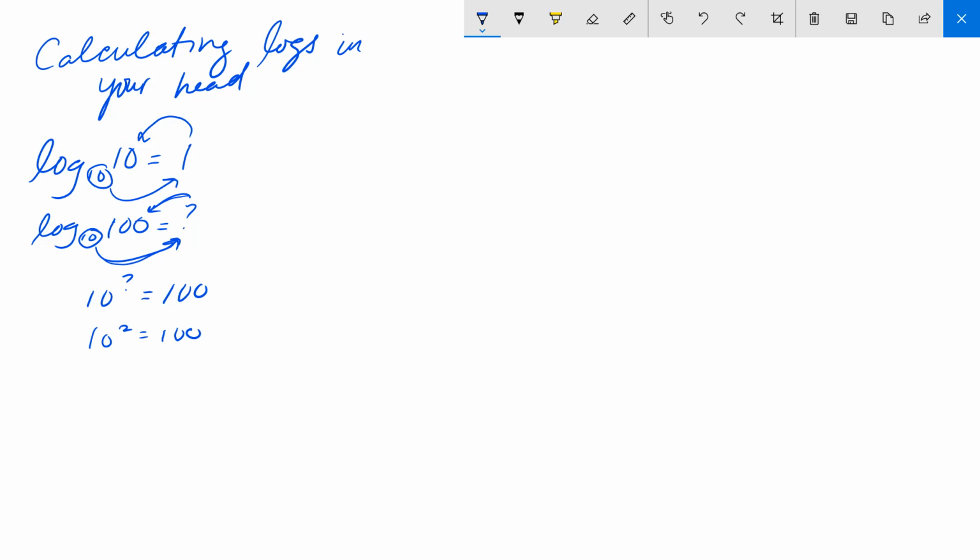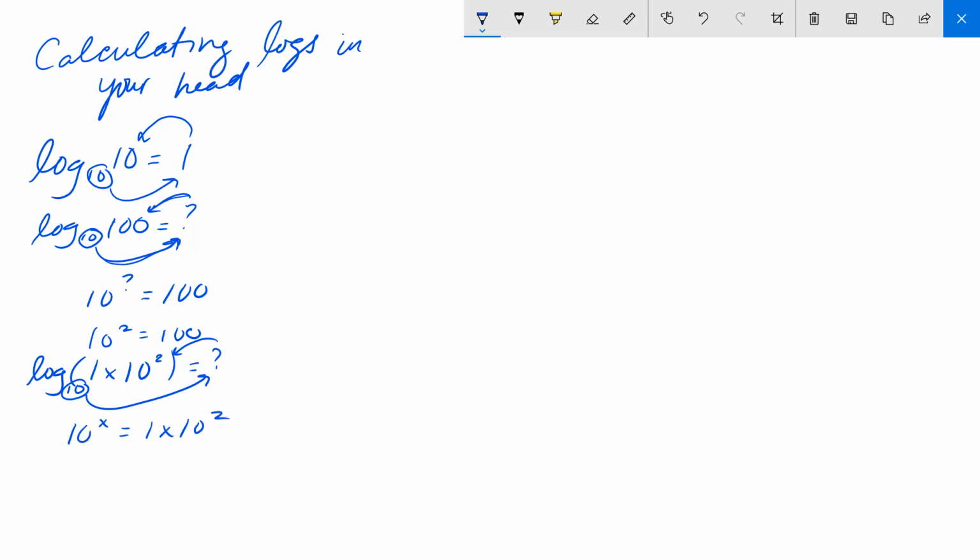I just wanted to review that because all of the logs you'll be asked about in the general chemistry section are base 10 logarithms, meaning that they're asking you 10 to what power equals this value. Now the logs on the DAT are not typically this simple, and they're usually written in scientific notation. So you're usually given something like this. We'll realize again here that we're talking about a base 10 logarithm. So we're saying 10 to what power equals 1 times 10